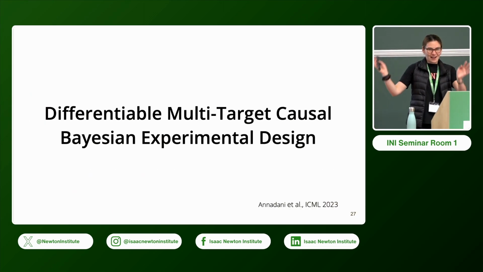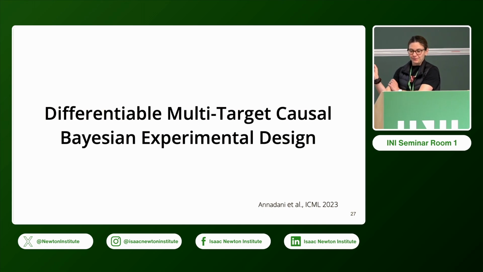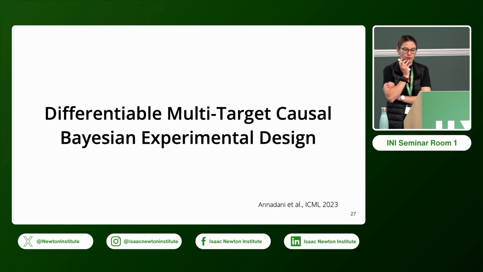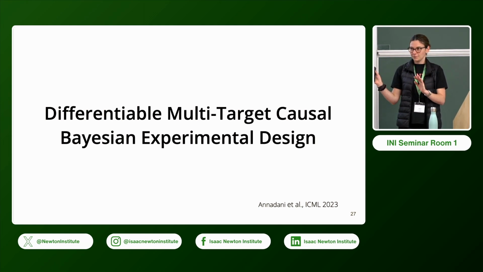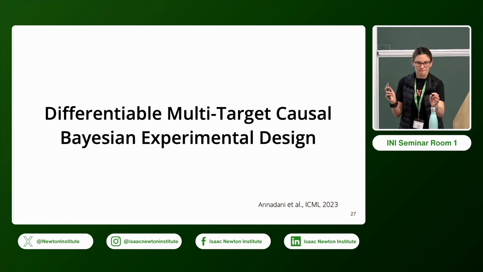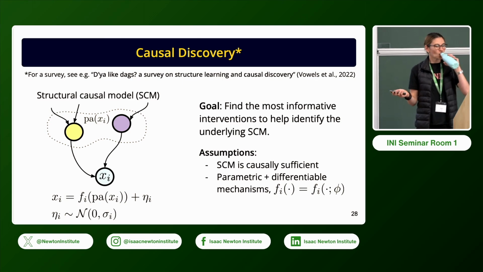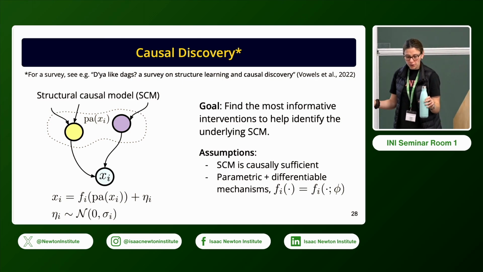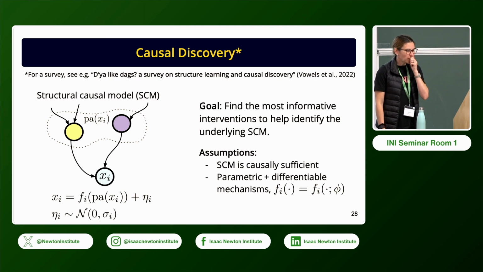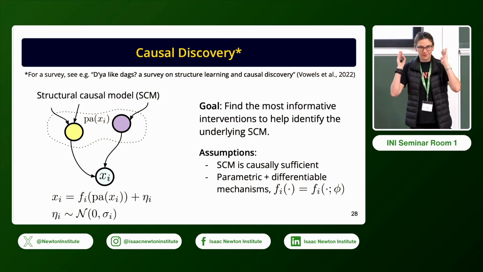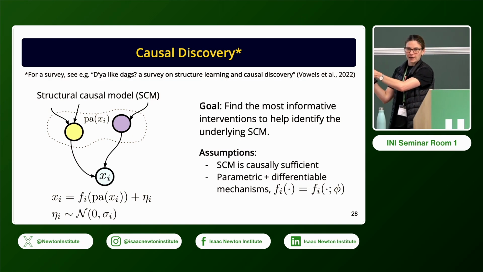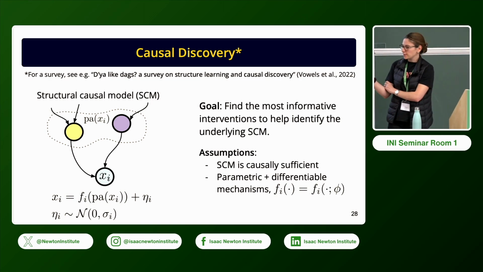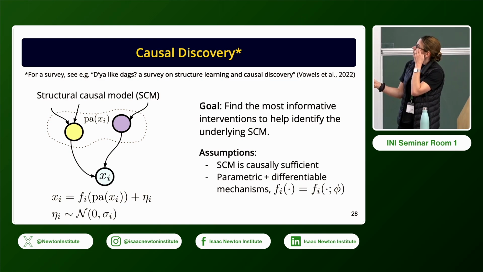Okay. And with that, I will move to this slightly old by now work, differentiable multi-target causal Bayesian experimental design. Let me just check, are there any questions or comments? So we are doing causal discovery here, okay? I am not going to go through any methods that actually describe how you're doing the causal discovery. The focus here will be on designing the experiments, but there is a good survey